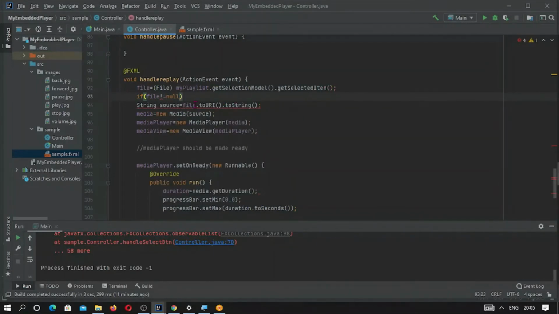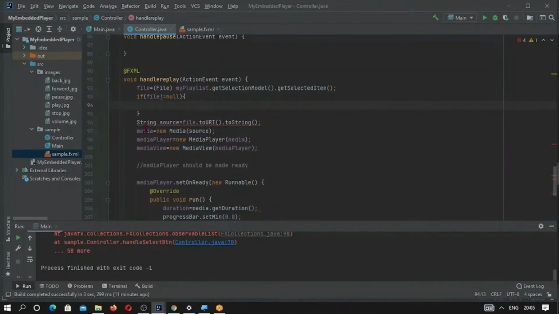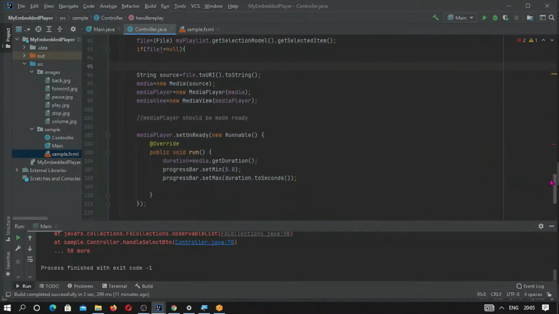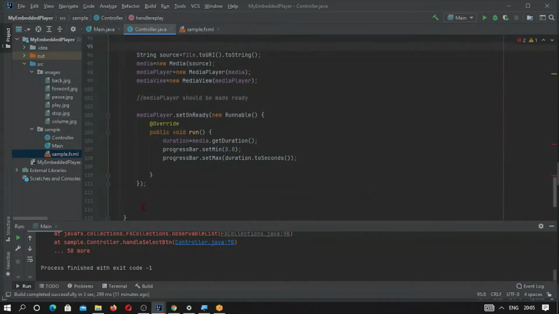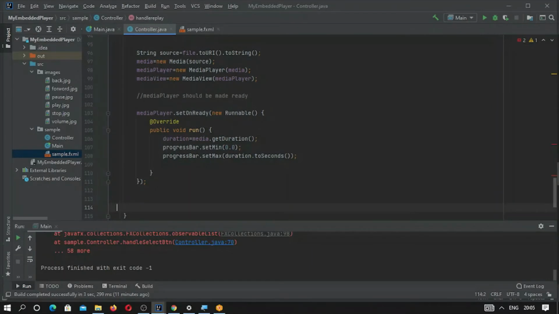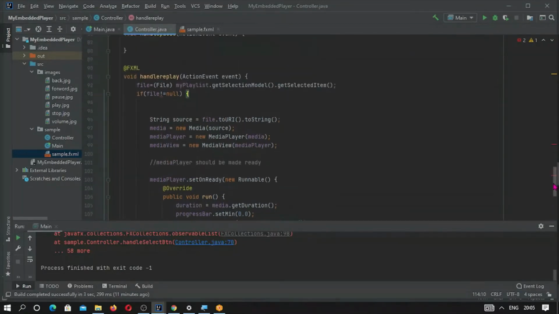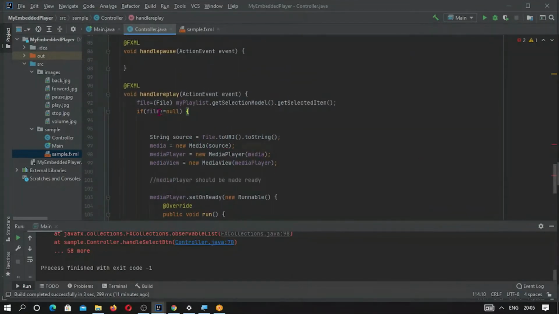All this code needs to be done inside it. So if the file is not null, only then will we proceed further. If it is null, we have to check, or we have to stop here.